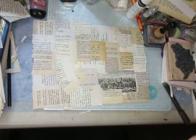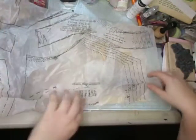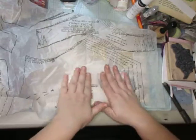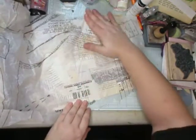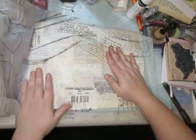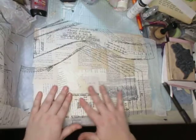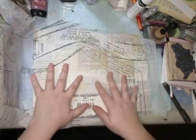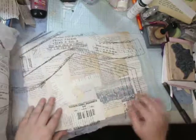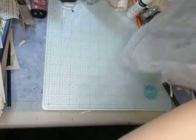Ain't gonna work. Alright. And you can make it as flat as you want, or as not flat as you want. Personally, I could care less if it's completely flat or not, because I think these little tiny bubbles, or spots where they're all scribbly and stuff,